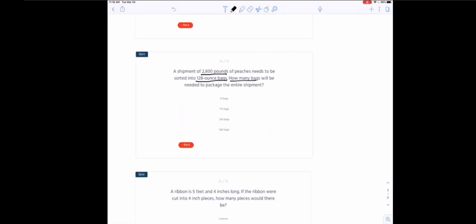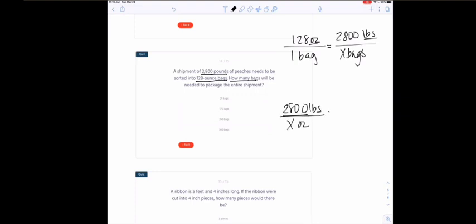So we're looking for number of bags. So we can set this up using our rates. One bag is 128 ounces. So 128 ounces is one bag. How many bags, or x bags, will equal 2,800 pounds. But this is ounces and this is pounds, so we have to convert it. 2,800 pounds is to x ounces, when 1 pound is 16 ounces. So x times 1 is x,